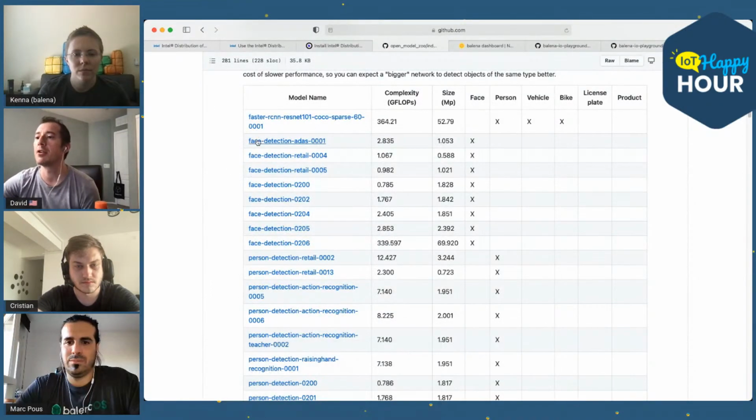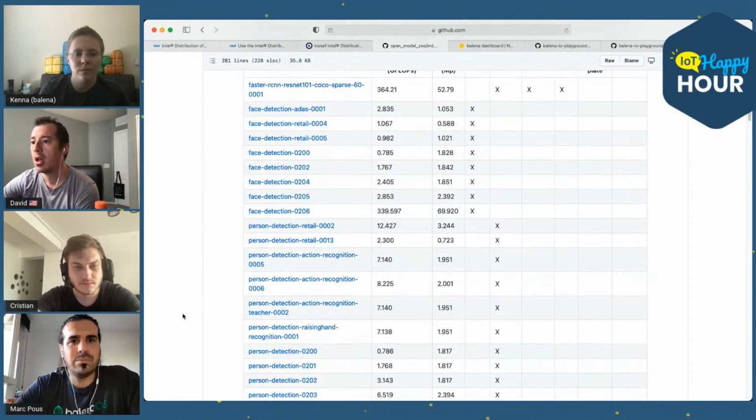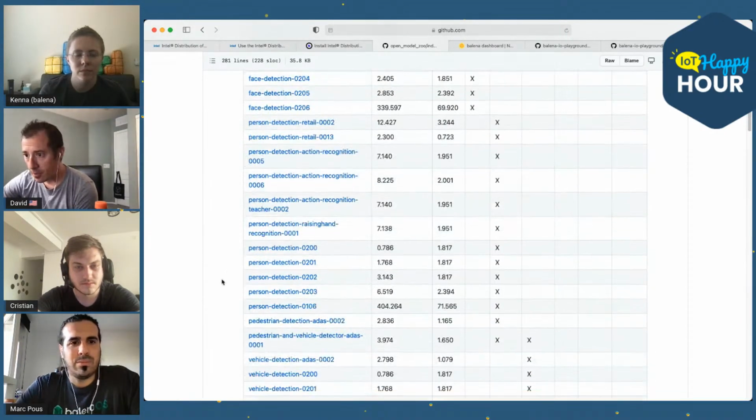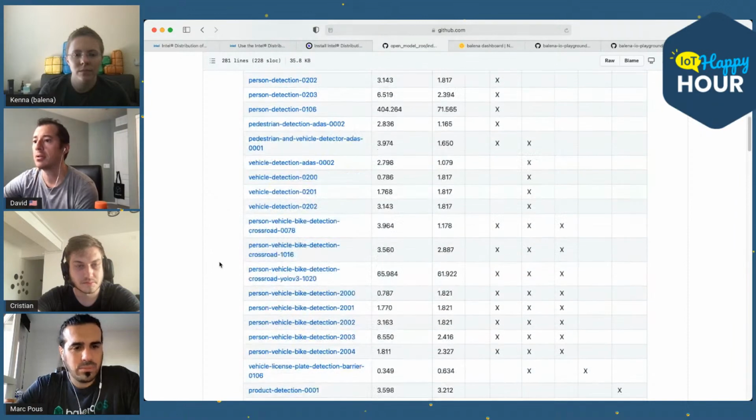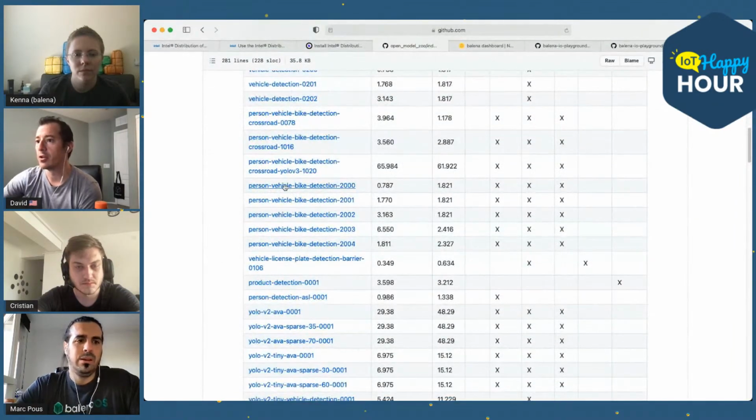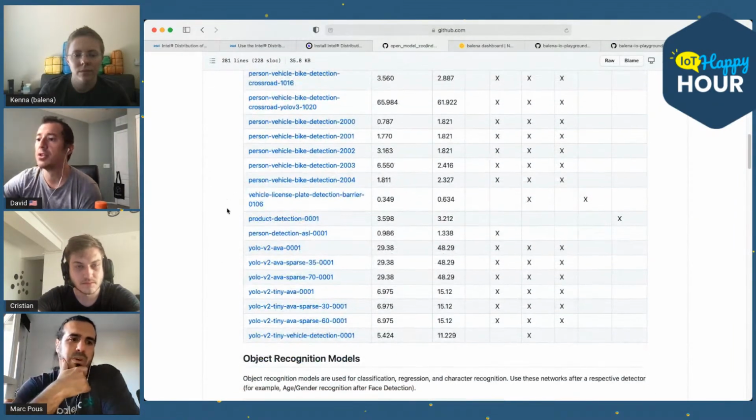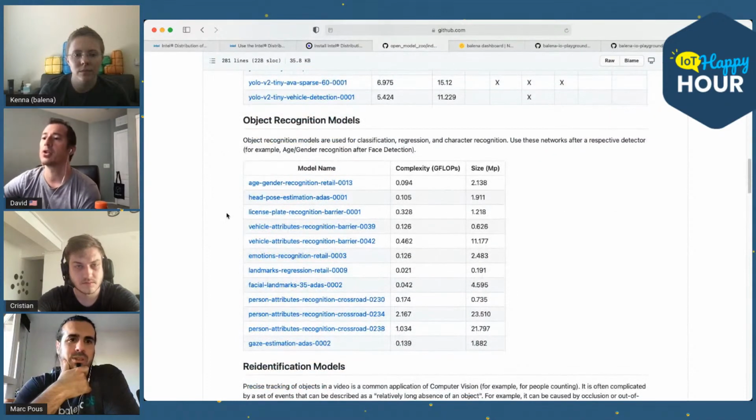So you can see that there are some face detection models, person detection, vehicle detection, and person, vehicle, and bike detection. Are these already generated machine learning models? Trained. Yep, these are trained and ready to go.